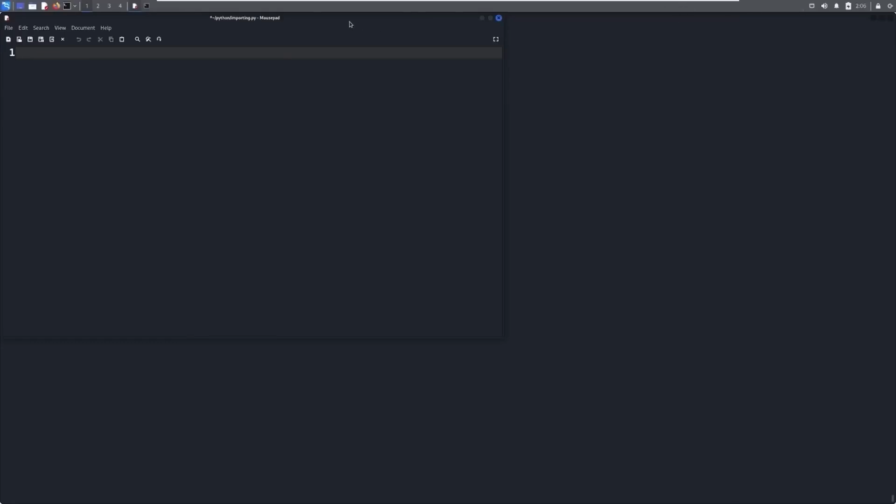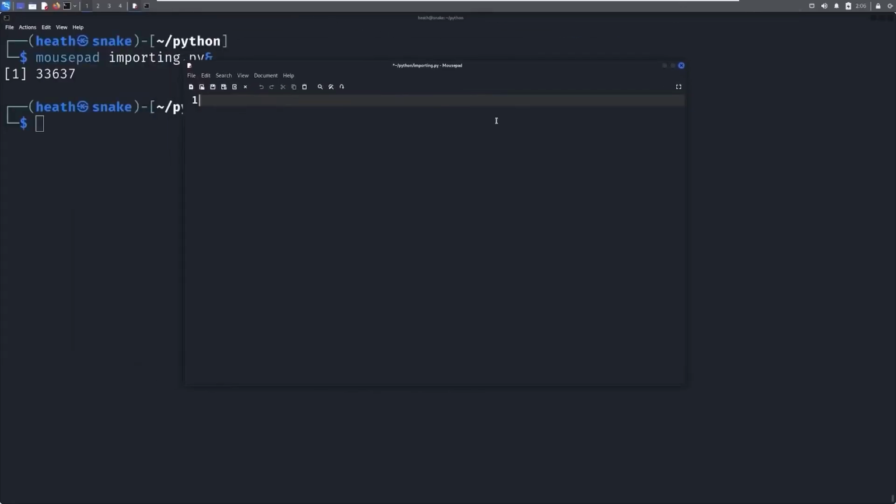I'm going to go in here and I'm going to add my shebang like before. I'm going to declare bin python 3 and save this. And now we're going to go ahead and talk